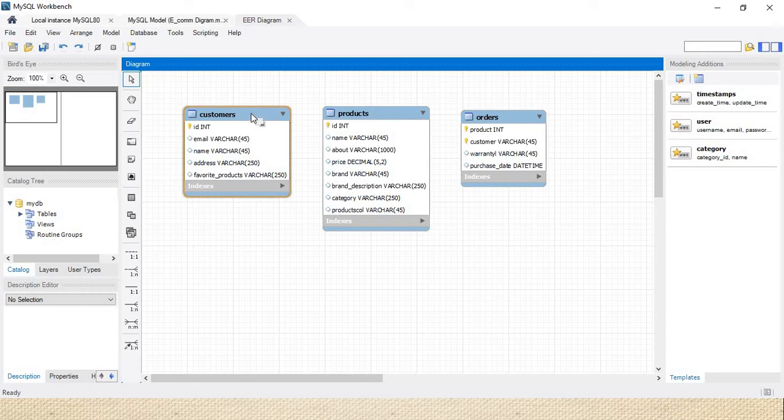Is it visible to all? Yes. Okay, in the customers table we have an attribute called ID, an attribute called email, an attribute called name, an attribute called address, and we have favorite product as an attribute.